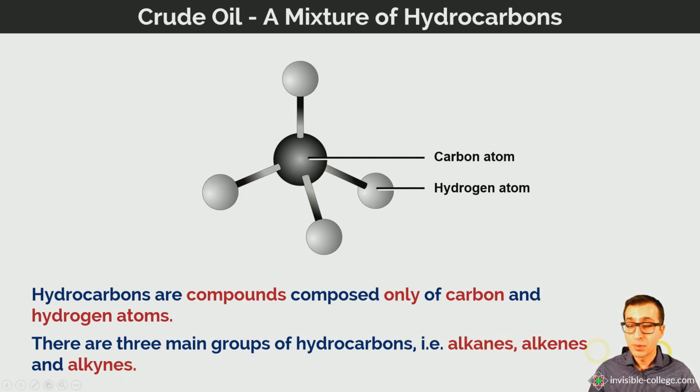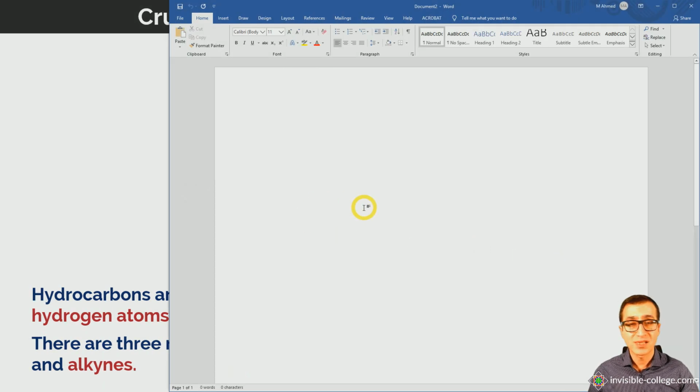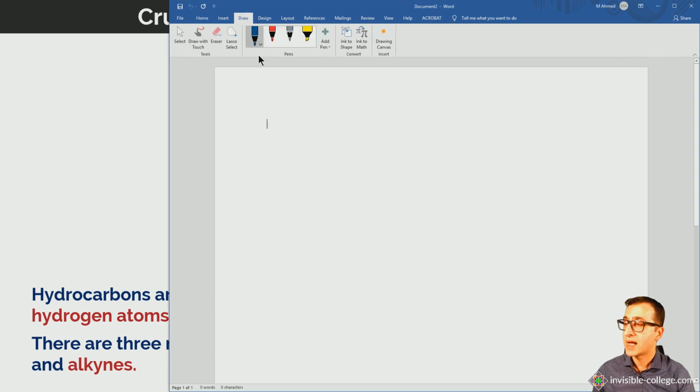Now, these are all examples of homologous series. Now, if you think about what the word homologous or what the word series means in maths, it's a sequence, essentially. When we talk about a series in maths, it's a sequence of numbers. And it's the same principle when we talk about organic chemistry. So let's have a look here at the first homologous series. So the term homologous series